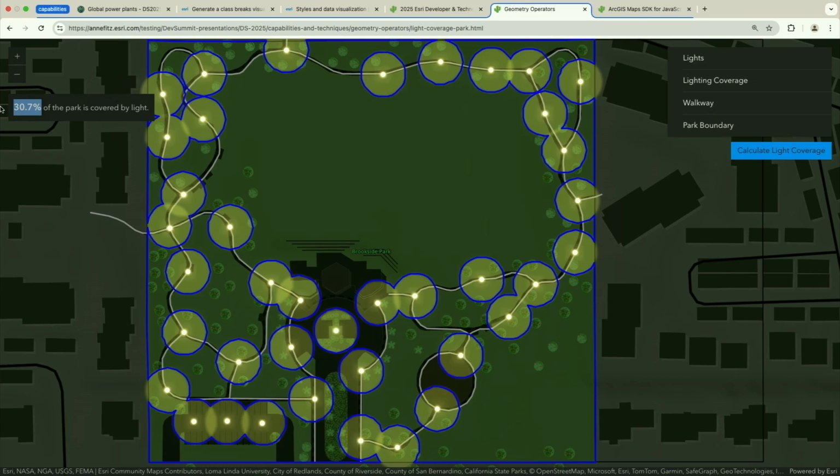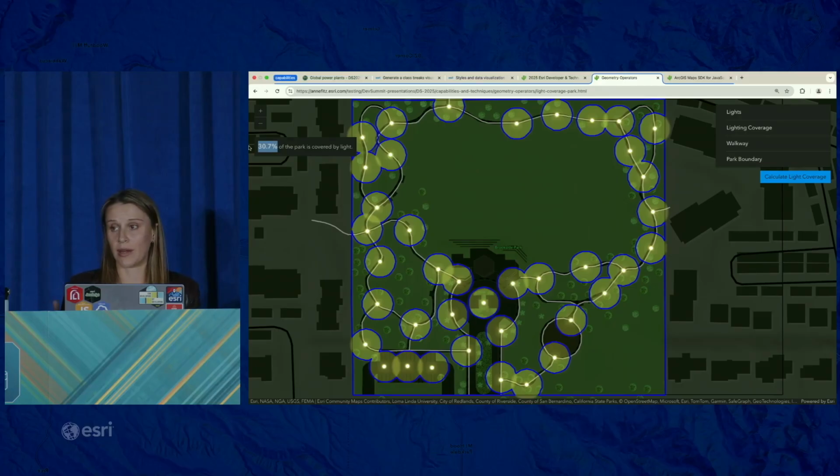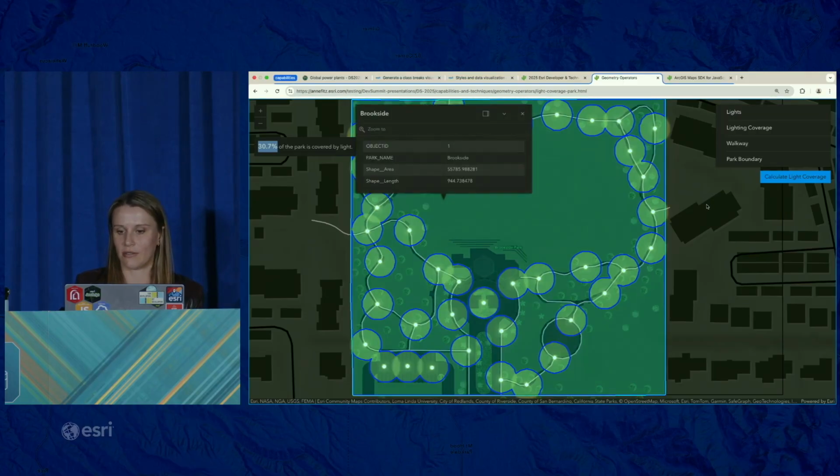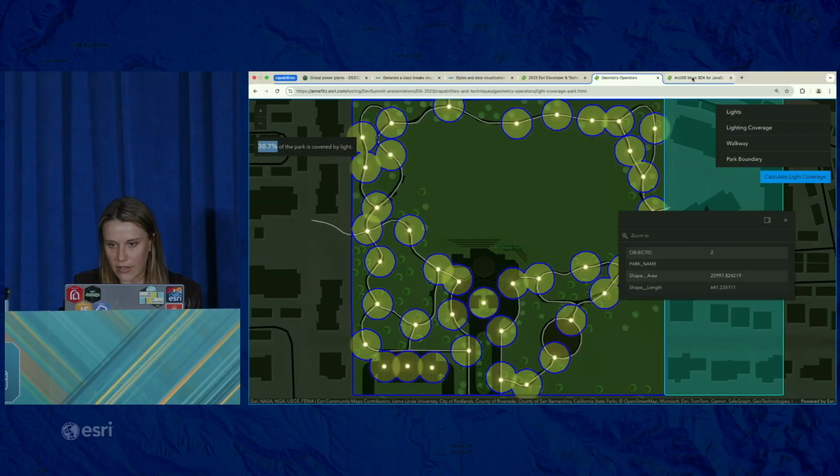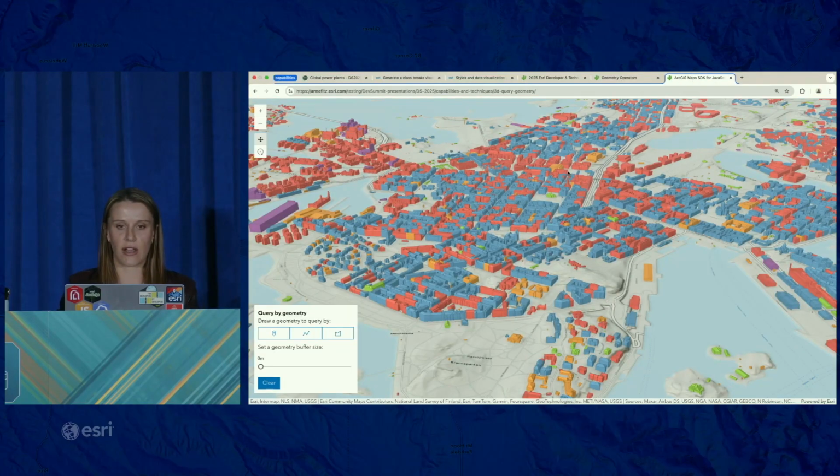That's why it's really fast. And there are a ton more operators to explore, so definitely recommend checking that out. Okay, now the last thing I wanted to show, I know we haven't talked too much about 3D in this session,